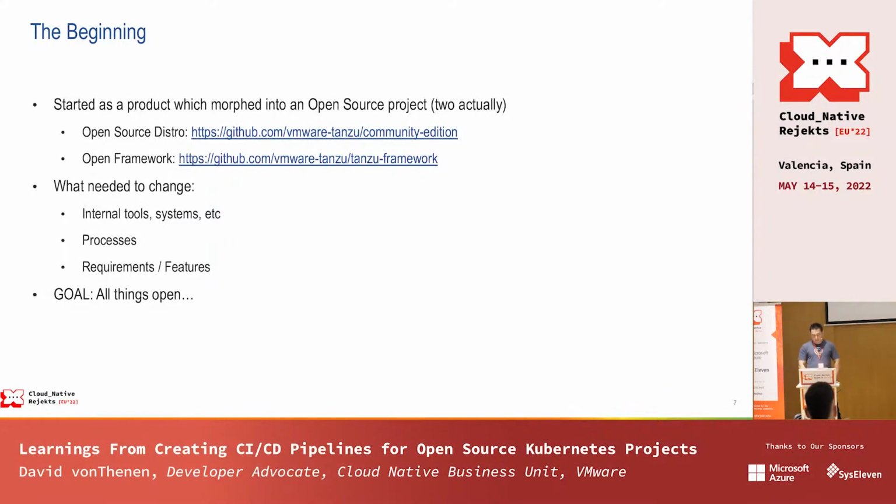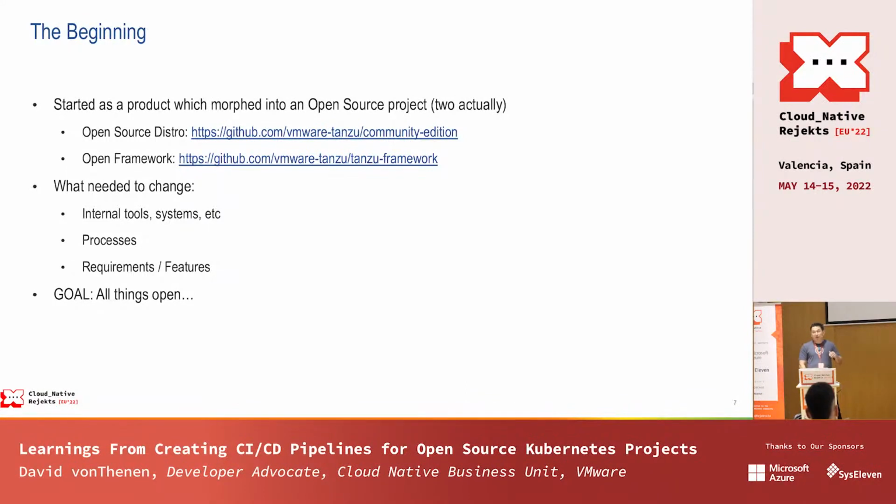What we ended up doing was we took that product, we took all of the source code, and we ended up creating two repos. The first repo was a framework, an open framework called Tanzu Framework. It provides a framework for other people to create other Kubernetes distributions, but in a VMware prescribed way of doing things.